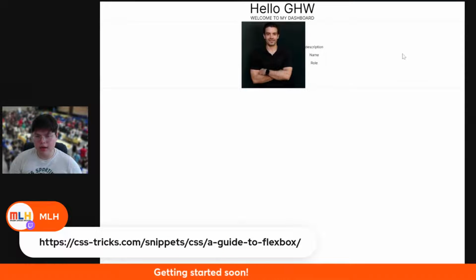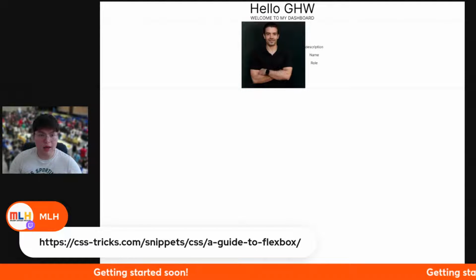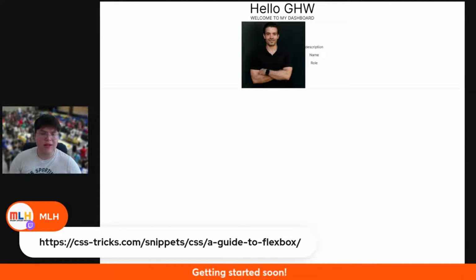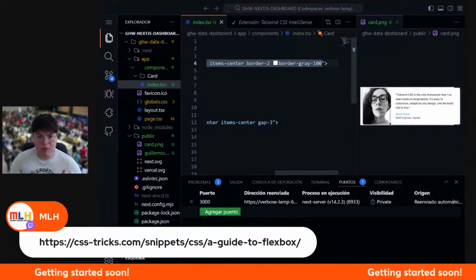Alrighty, it is actually being displayed, but it looks kind of weird, right? Because we're using the whole space for this. And yeah, I know this is weird. So let's just add a property of max width to this. Max width takes care of which one is going to be the maximum width that our